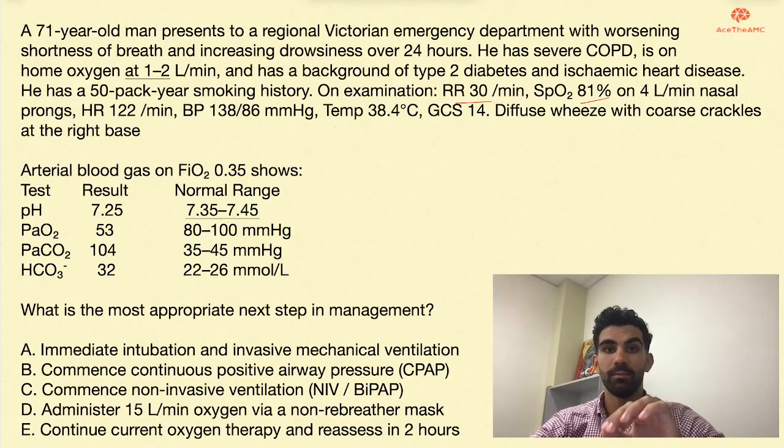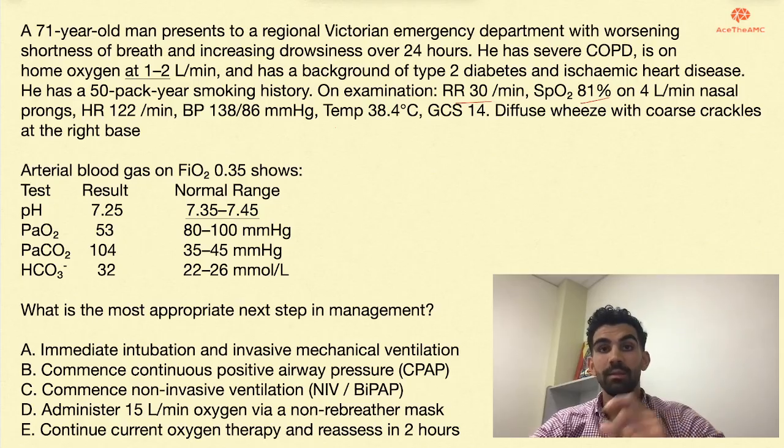Instead, their breathing will become partially driven by low oxygen levels, otherwise called the hypoxic drive. So then their body is relying on low oxygen to keep them breathing. So then what happens if you suddenly give them a lot of oxygen? You'll remove that hypoxic drive, so the brain will no longer get the signal to breathe fast, and their respiratory